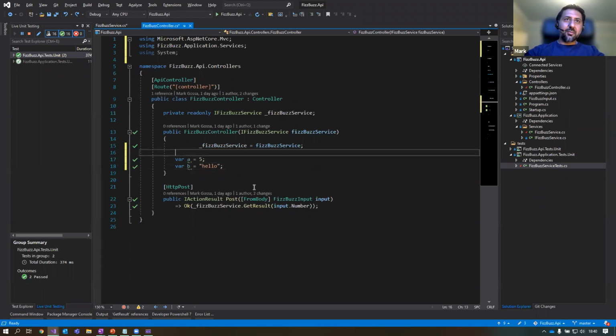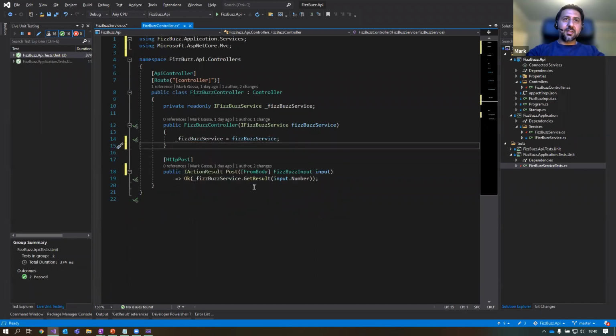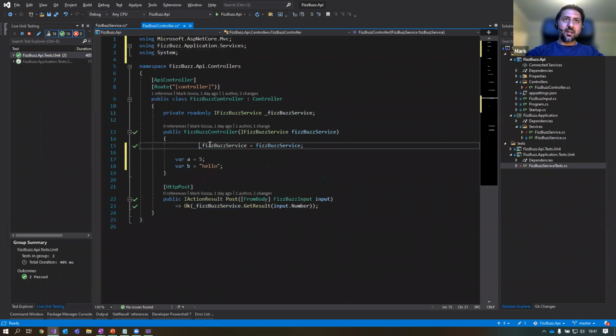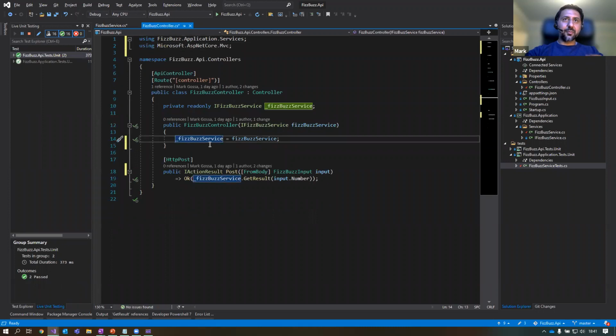If I press Control K E, you see that those unused variables have now disappeared. The using statement for system has disappeared, and also these are in alphabetical order. Another thing it did was sort the indentation. If I undo, that's what it was, and if I do it again, that's what I've got. So that saves a ton of time. What that's doing is the code cleanup shortcut.